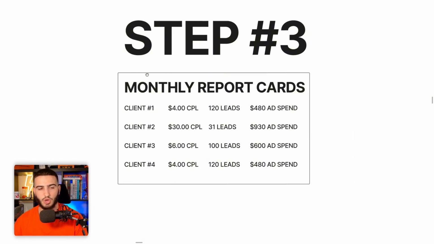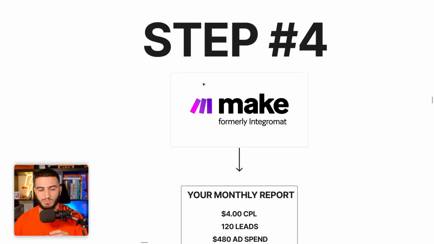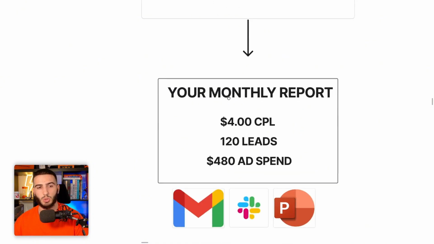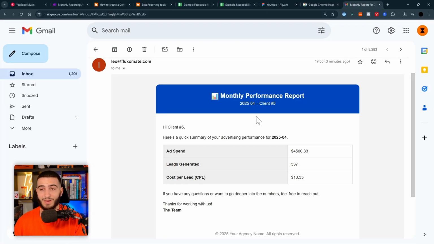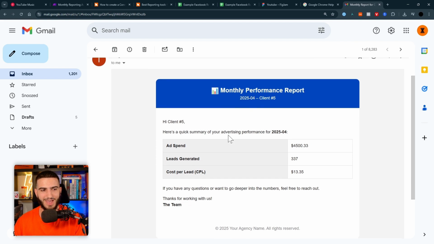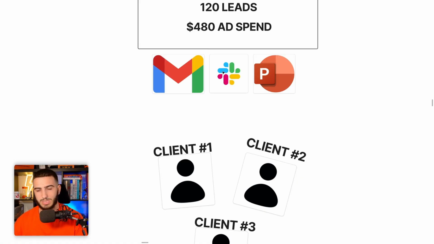Then we'll go over how you can create monthly report cards to give you an overview of clients' performance broken down every single month. And lastly, we're going to use make.com to set up automation to automatically create these monthly reports for each individual client and then automatically share it with them on different platforms like Gmail, Slack, or even